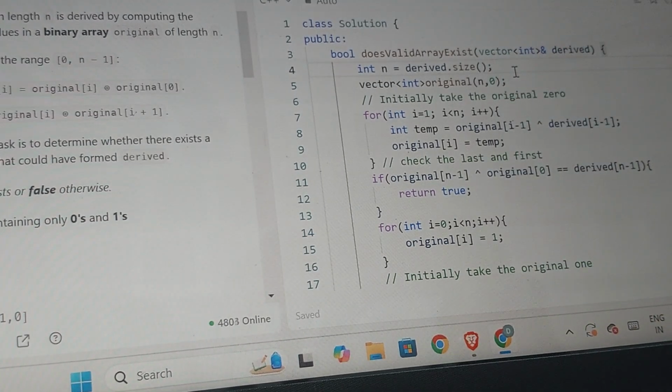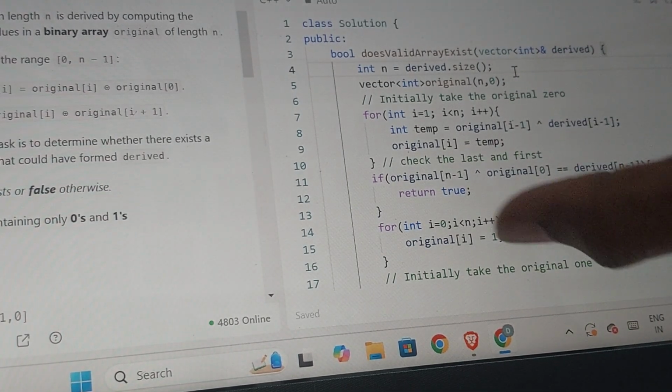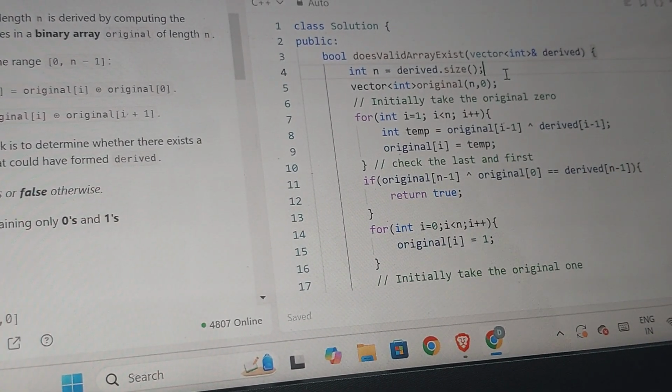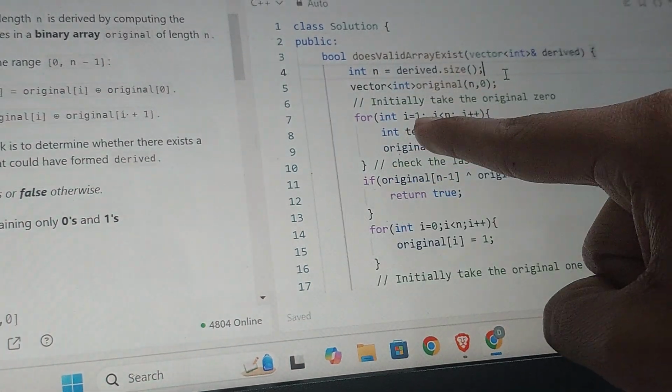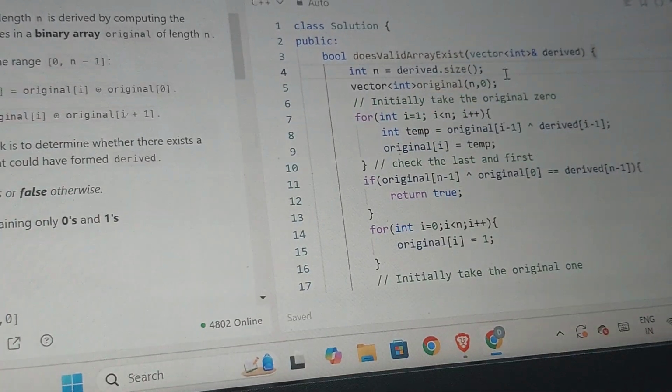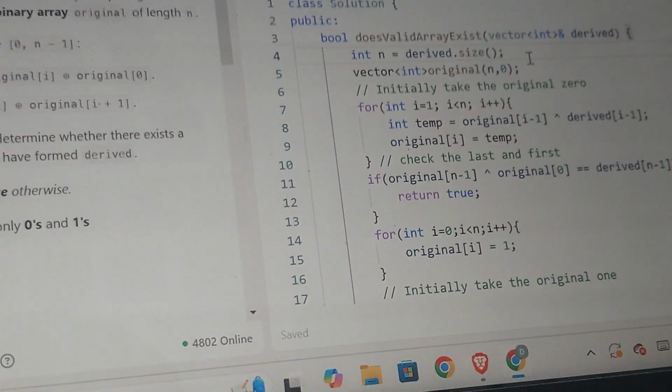Okay, let's suppose we are taking 0 at all the steps in the array. Then initially we take original 0, and then we traverse a loop